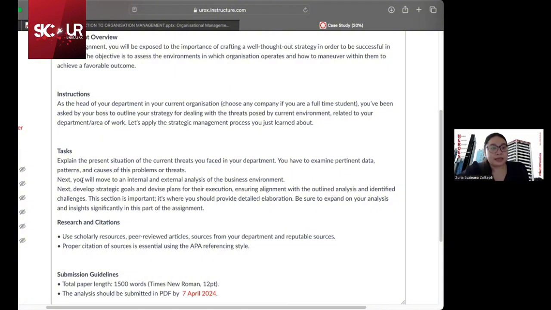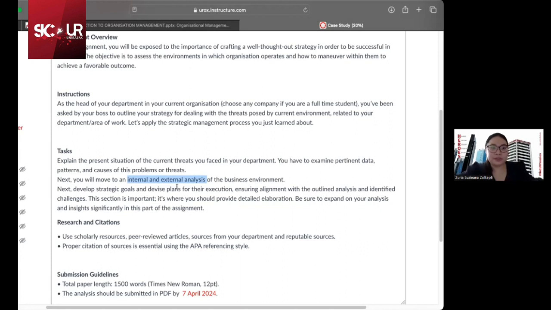Okay, and then you do an internal and external analysis of the business environment. We are going to learn it. For those who have learned it, this one is referring to the SWOT analysis. Okay, maybe you can take down what I wrote here. This is referring to the SWOT analysis of your company. Okay, SWOT analysis means that, S, this is an acronym. S is strength, W is weakness, O is opportunity, and T is threats. Okay, SWOT analysis.